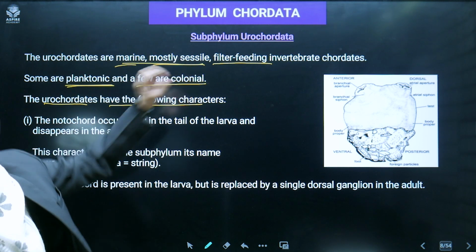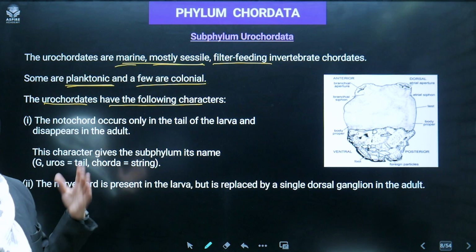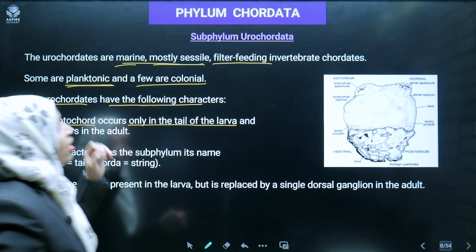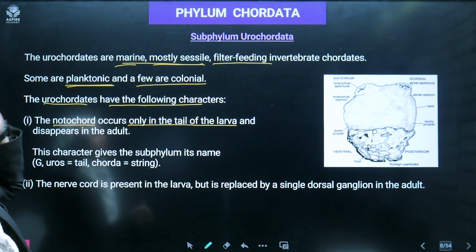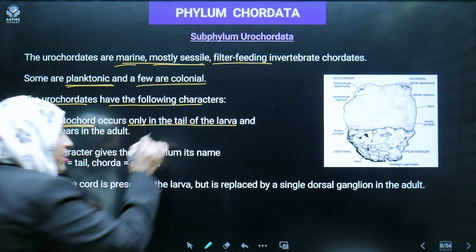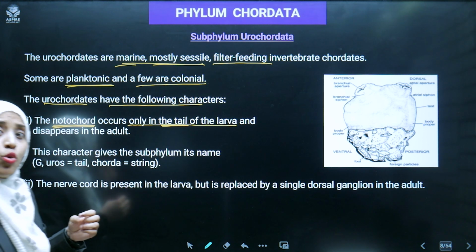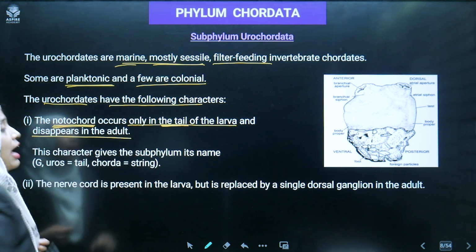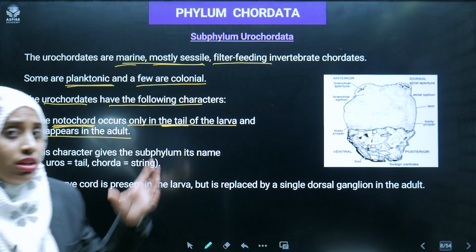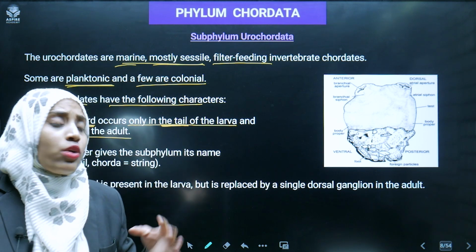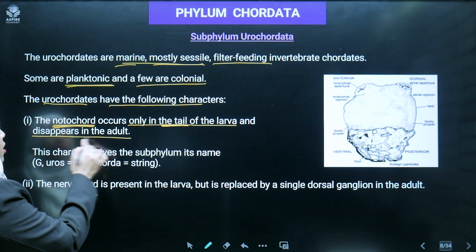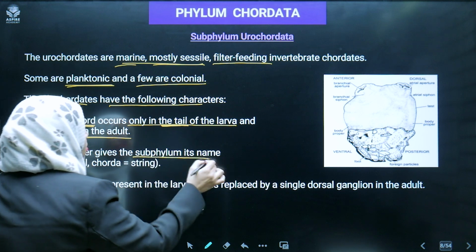नोटोकॉर्ड, सिंस दे आर बिलोंगिंग टू कॉर्डेटा, नोटोकॉर्ड तो प्रेजेंट है, मे बी इन एनी स्टेज ऑफ लाइफ, सो नोटोकॉर्ड ऑकर ओनली इन द टेल, ठीक है। तो यूरो का मतलब ही होता है टेल, तो इसका जो नोटोकॉर्ड है, दे आर ओनली प्रेजेंट इन द टेल रीजन, बट वेयर? ओनली इन द लार्वल फॉर्म एंड डिसअपियर इन द एडल्ट। जितने भी यूरोकॉर्डेट है उनके लार्वा में प्रेजेंट होगा द नोटोकॉर्ड, बट इन द टेल रीजन, एंड आफ्टर दैट व्हेन दैट लार्वा बिकम एडल्ट, दैट टेल विल डिसअपियर, ठीक है।